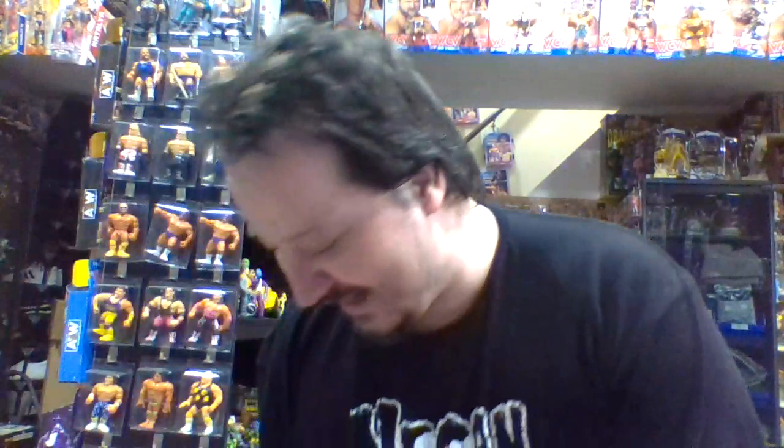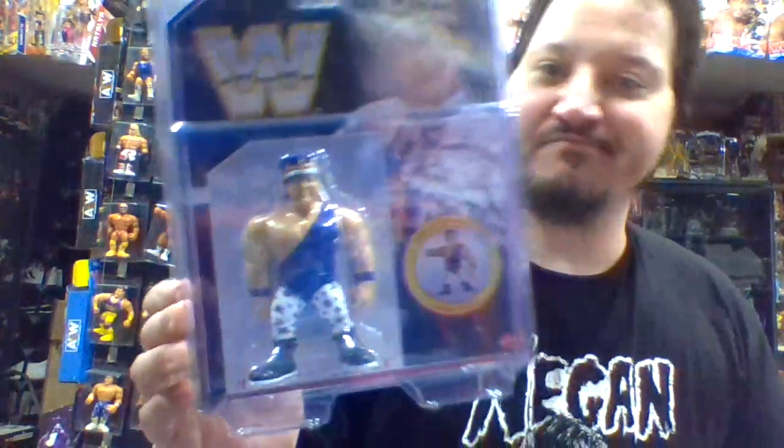The last figure from this line, and it's one that I'm really sad to see be the last one, because this particular series, again, is my favorite series. Everything from the figures themselves, name recognition, what they mean to me from childhood. This was an absolute killer line. Mattel Creations truly outdid themselves with Series 14. And you close it off with...